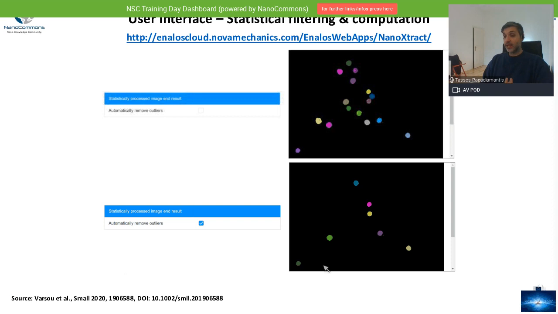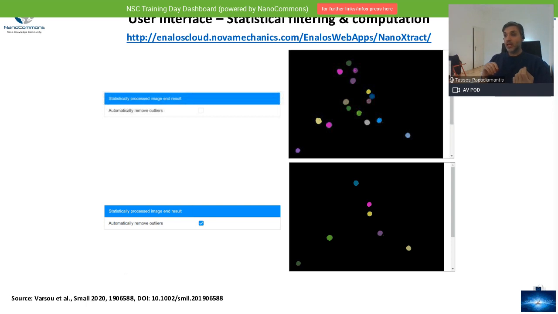What happens in this case is that a lot of the particles that actually look a lot like those that have been kept have been eliminated. What this does, more or less, is apply statistical filtering, calculating the standard deviations on all 18 nanodescriptors. And if an identified particle deviates significantly from what has been identified as the normal range, then it will be excluded.